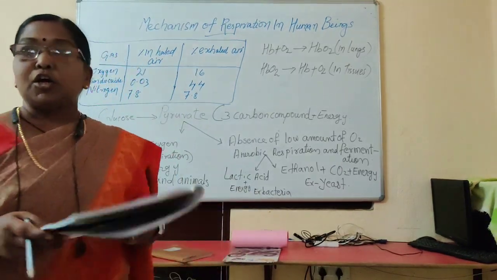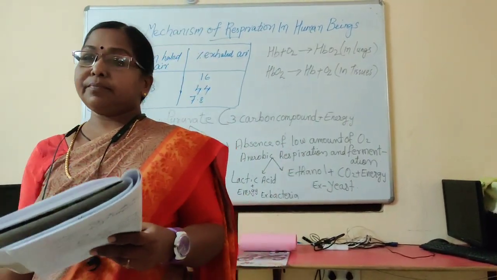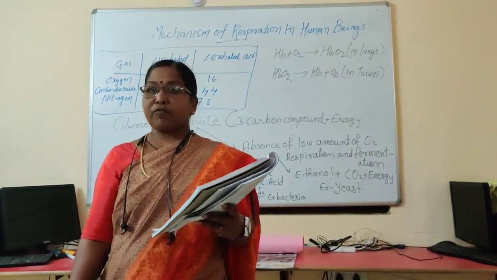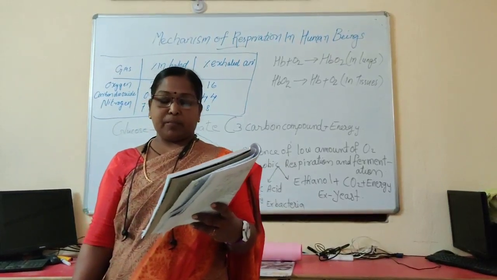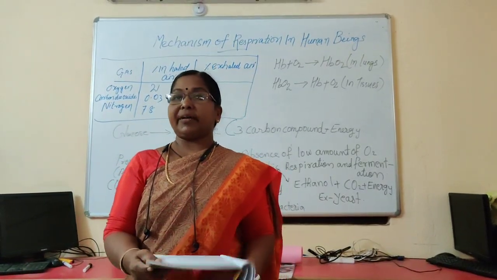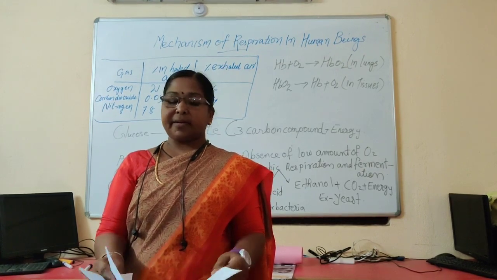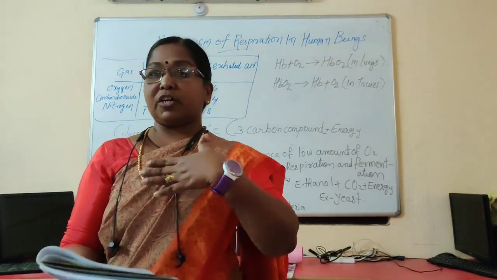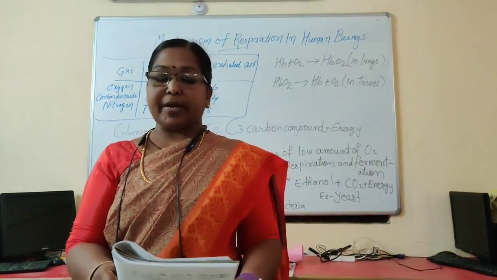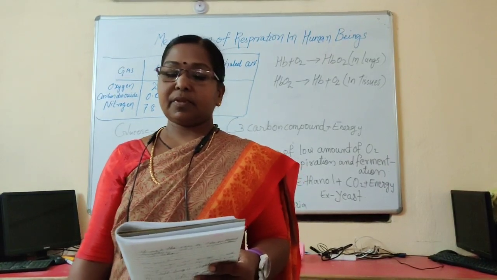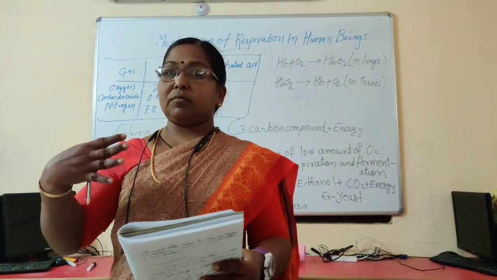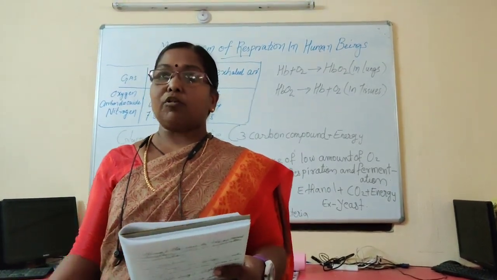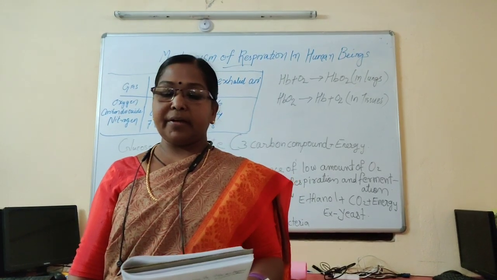What is the role of the diaphragm and ribs in respiration? The chest wall is made up of ribs, muscles and skin. I showed the ribs in the diagram also. The ribs are attached at an angle to the spine. We can check by moving our hands over the chest and back, and see how the ribs are attached to the spine.